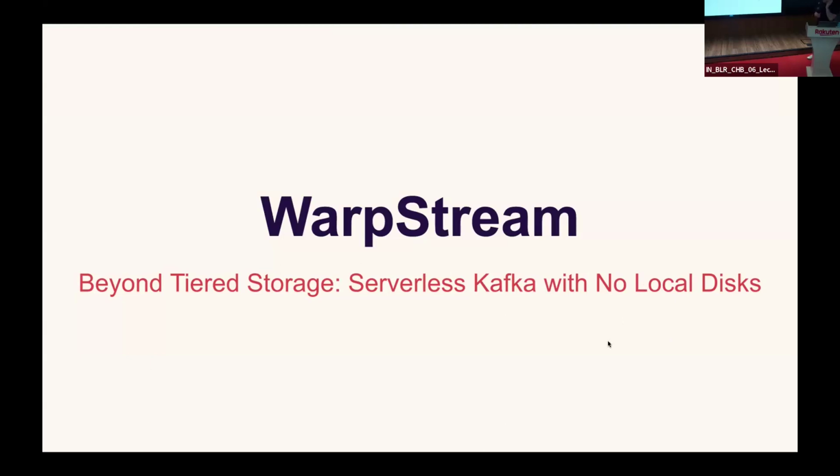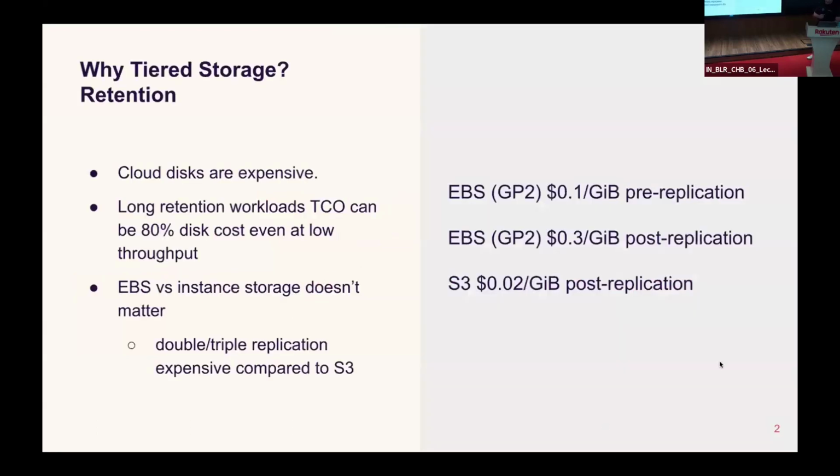Before I get into the details of how WarpStream works, I want to explain a little bit about tiered storage, because that's a question I always get asked: what's the difference between WarpStream and tiered storage? Tiered storage is a feature in Kafka and many other systems that allows you to take data that's been stored durably on disk, copy it to S3, and then delete it from the local disks. The reason people like to do that is cloud disks are really expensive. If you're retaining data for a long time, like if your Kafka retention is 3 days or 7 days or whatever it is,